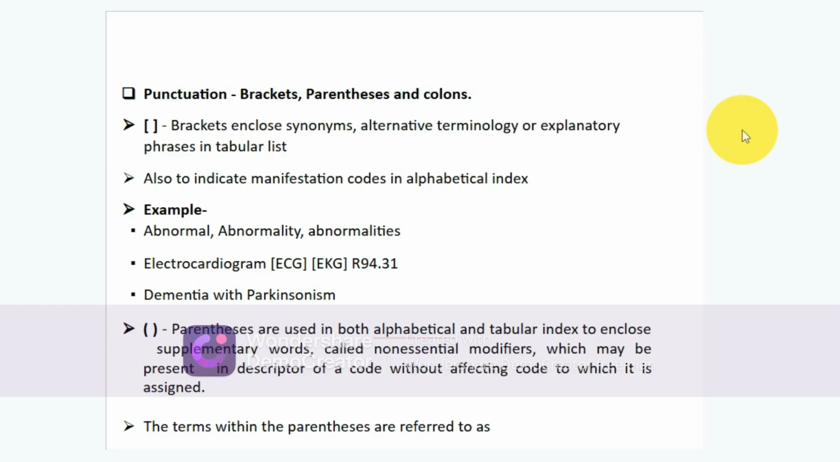Dementia with Parkinson. In the round brackets, parentheses are used in both the alphabetic index and tabular list to enclose the supplementary words called non-initial modifiers, which may be present in the description of a code without affecting the code to which it will be coded or assigned. The terms within the parentheses are